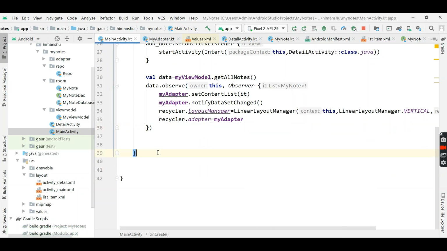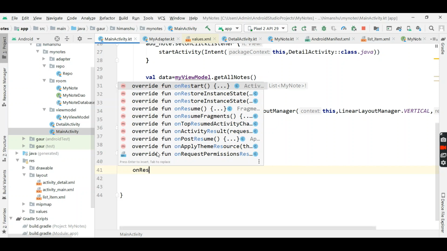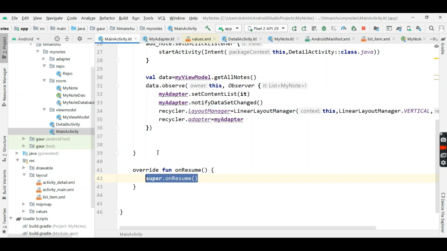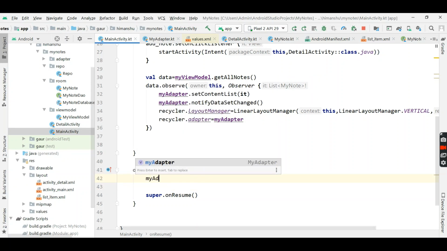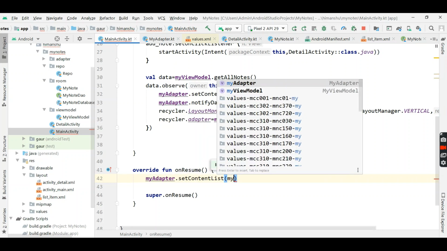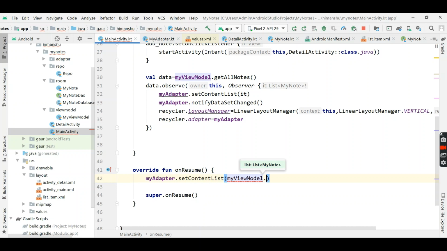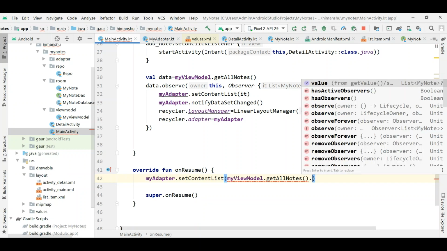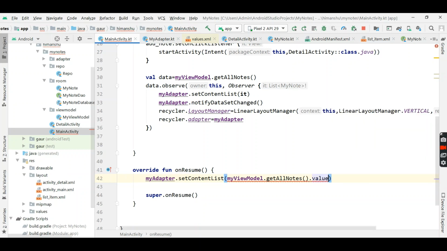So we will override one method, onResume. By using our my adapter we can set the content list, which comes from our view model dot getAllNotes dot value.